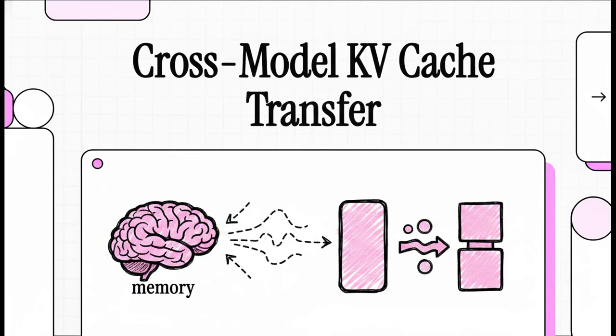Okay, today we are diving into a really brilliant new paper that solves one of the absolute biggest bottlenecks in artificial intelligence right now. We're looking at a breakthrough in how AI models handle memory, specifically this concept called cross-model KV cache transfer. Now I know that sounds super technical, but by the end of this, you're going to see exactly why it's a total game changer for the speed and the cost of the AI tools you use every